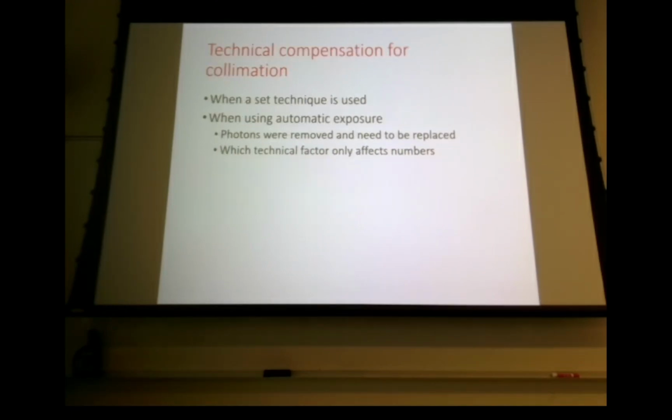All right. So technical compensation for collimation is going to be your mAs, and it's going to be 30 to 50%. When you're using automatic exposure, let's say you shoot a KUB of the abdomen, you make an exposure, you get a good index number, and you collimate in for just the L spine. What is probably going to happen if you're phototiming? It's going to take longer, right? So it's naturally going to drive your mAs up by, if the theory holds true, 30 to 50%. So it's always going to be mAs,